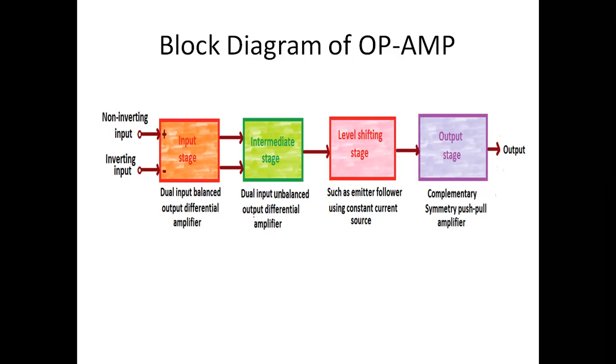Here we are supposed to shift the level. So we can use there any follower like emitter follower using the constant current source. We have seen the emitter follower in our first section, first unit, the MOSFET analysis. So here again the output of level shifting we are supposed to give to the